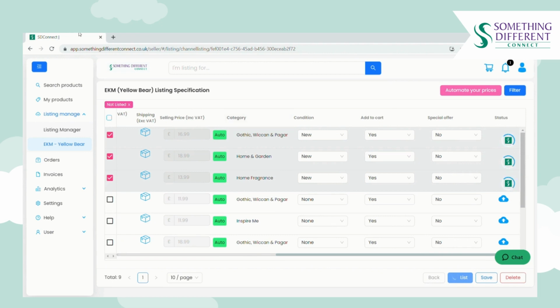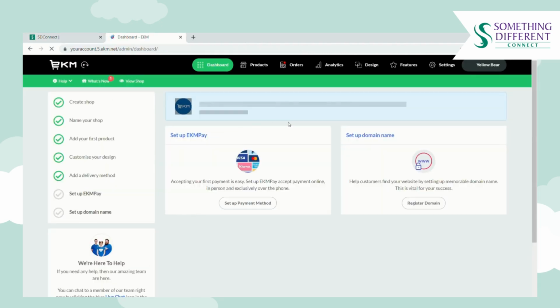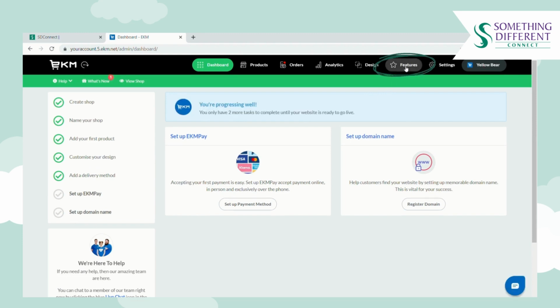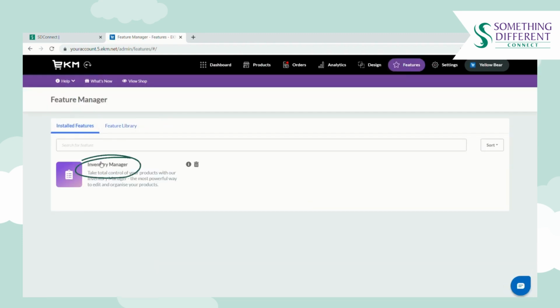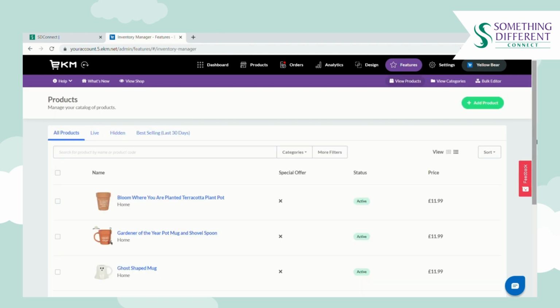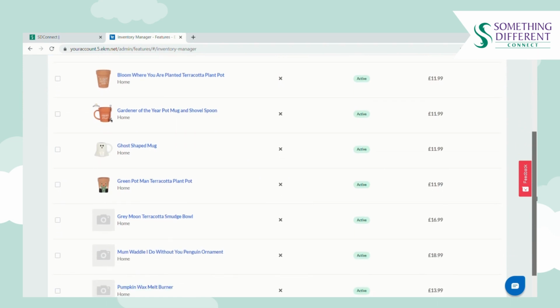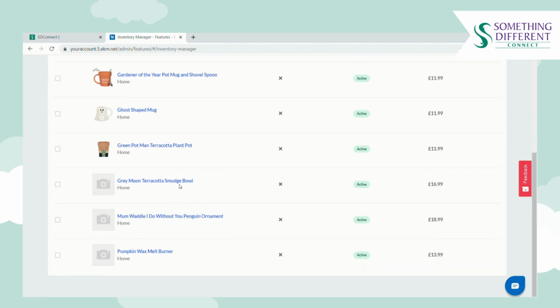So if we log into EKM and go into our features, we've installed Inventory Manager to help see an overview of our products. So we can see some products that we've already listed earlier, as well as the ones we've just chosen to list. So if I click on this as an example,